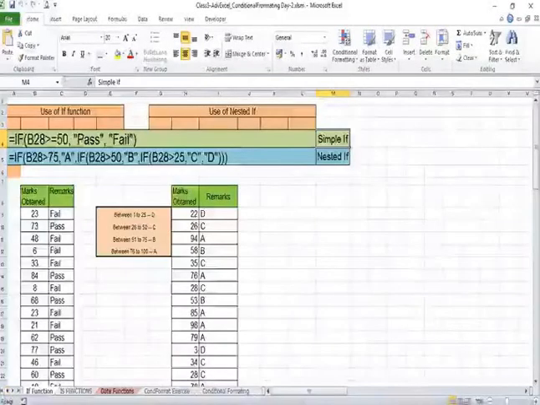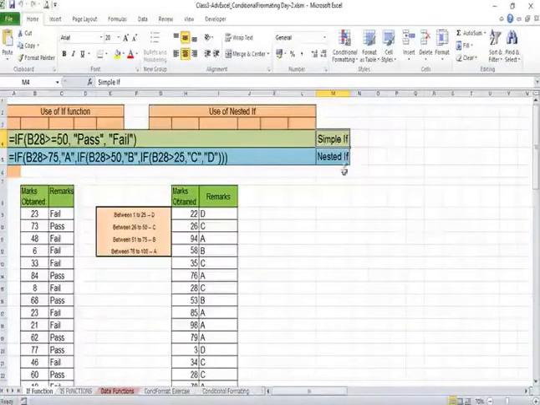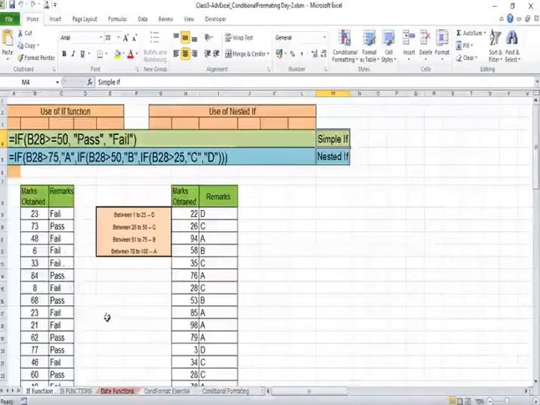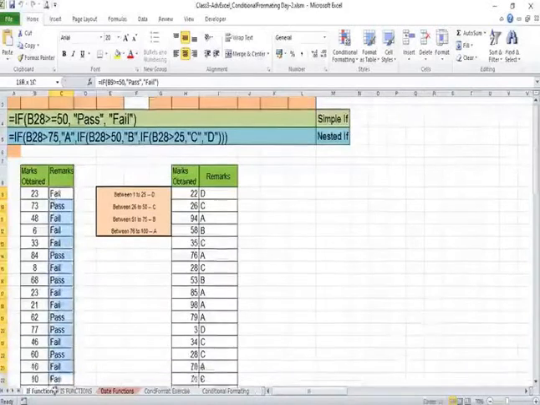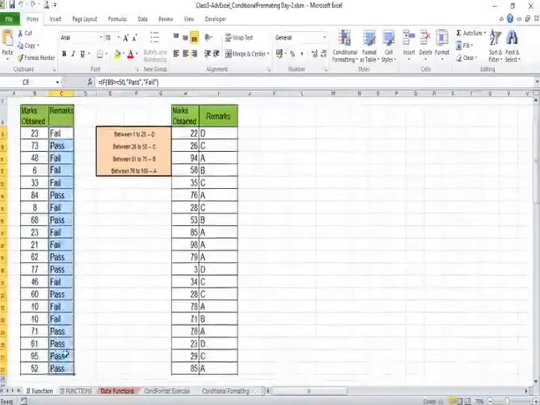Hello friends. In this video we are going to use this Excel sheet to learn about if function. There are 2 types of uses of if function. One is use of single if and the other is use of nested if, where if is used within the if. So we will see it later. Nested use we will see later. Let's see first what is the use of if function and how it can be used.